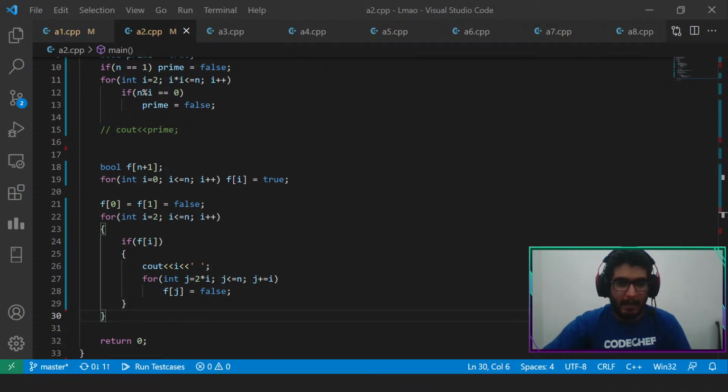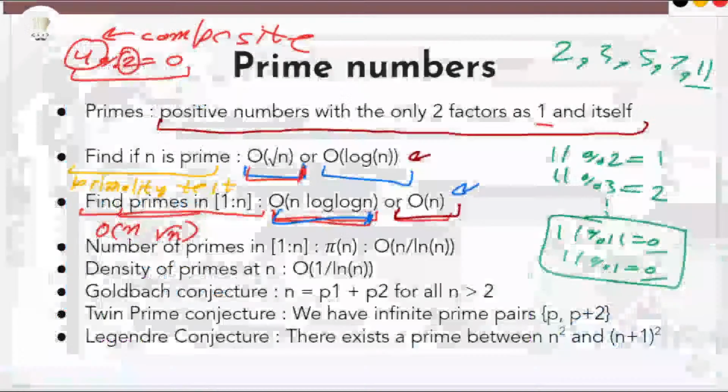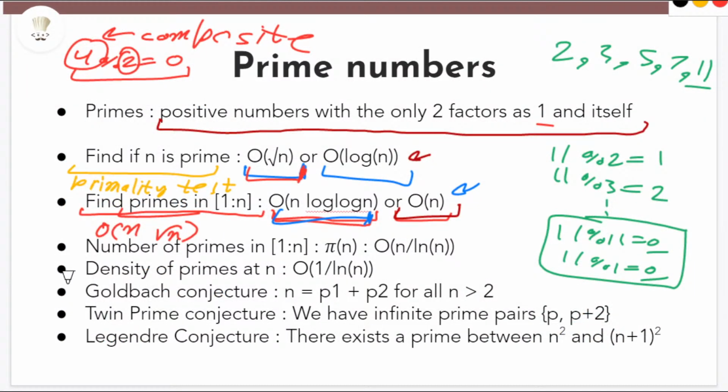So let me come back to the slides. So this was the code to find primes in all of 1 to n. The number of primes in 1 to n, well, you can calculate that from code as well. This number of primes in 1 to n is generally written as pi(n). You can calculate pi(n) from code, but